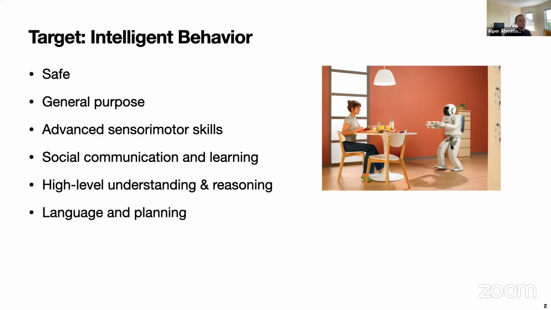And in order to operate in the real world, it should have advanced sensory motor skills. It should parse its environment, understand what objects are in it and what the current configuration of the environment is, through its multiple sensors, through its rich sensory input, such as multiple cameras, LiDAR sensors, force feedback on the joints, and so on. It should also have very good actuation functions, such as being able to grasp objects fairly easily in order to do many different tasks. Or actually, at least we should have a very good embodiment of the robot that can do many tasks